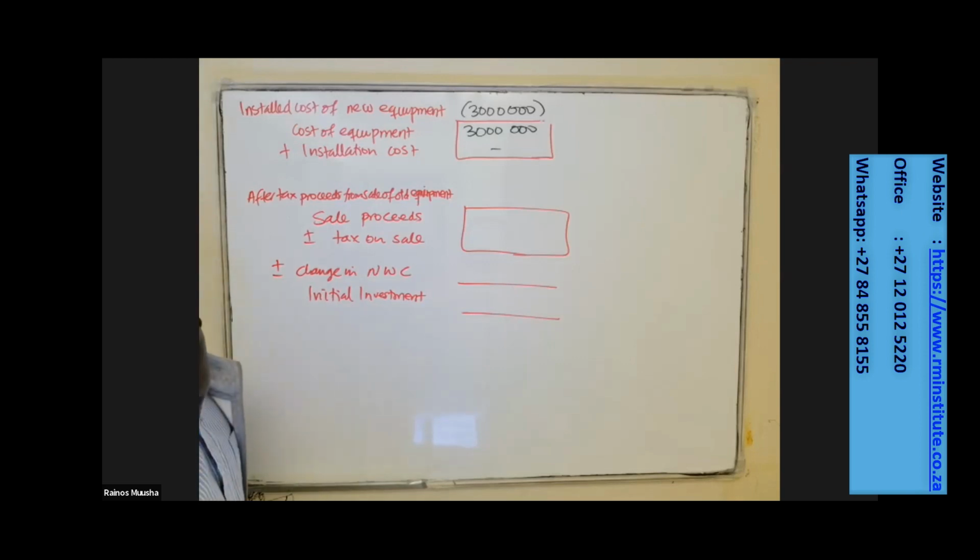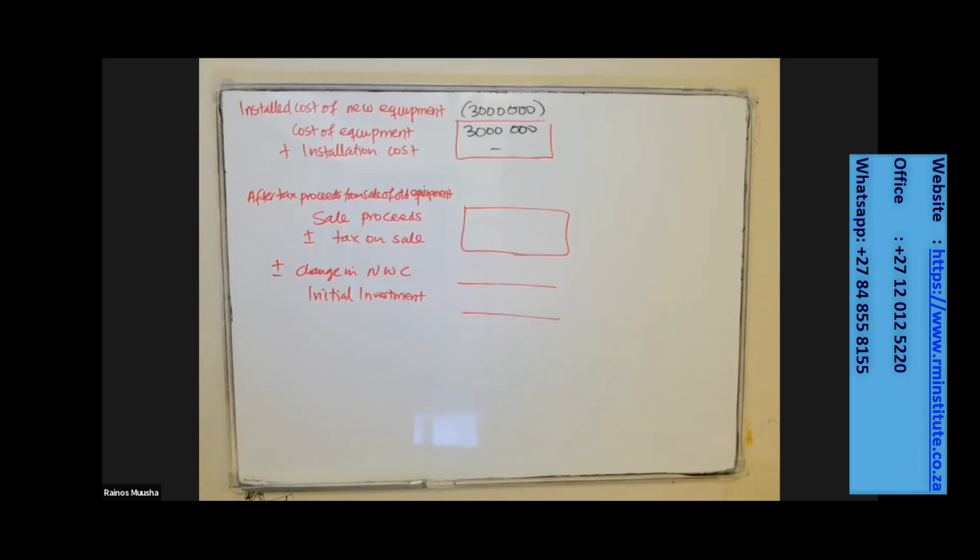For the old equipment, they tell us that the current equipment is at a cost of 1 million. Its current resale value is 300,000. It has a useful life of 4 years, and they say the depreciation is the same as the new equipment, and the equipment was purchased 4 years ago. So which means that this current equipment, or the old equipment, is already what?